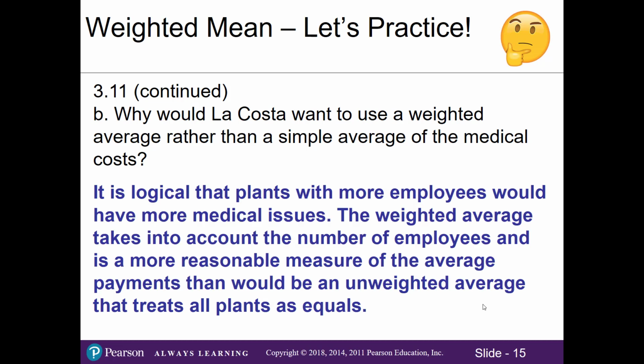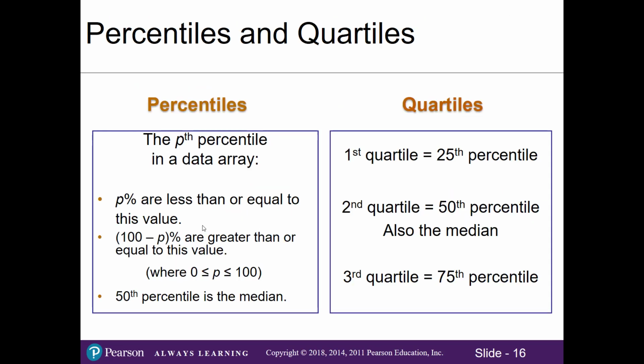So it's logical that plants with more employees would have more medical issues, right? So the weighted average takes into account the number of employees and is more reasonable than if we treated all plants the same. That way we can make sure certain plants received services, funding, or medical professionals to support that plant. So when we're working with percentiles, it's essentially providing you the location of data, where if we list P%,